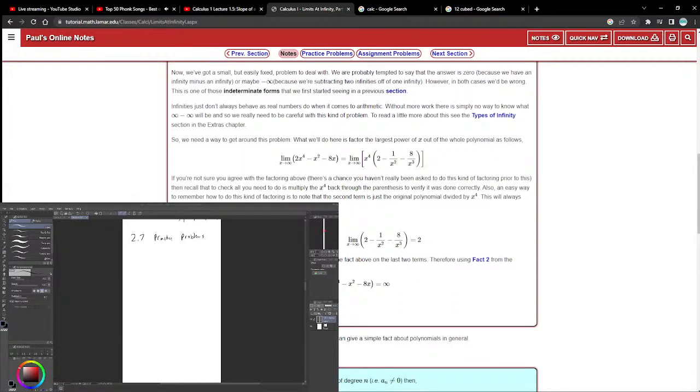The first limit is clearly infinity, and for the second limit, we'll use the fact above on the last two terms. Therefore, using fact 2 from the previous section, we can see that the limit will be